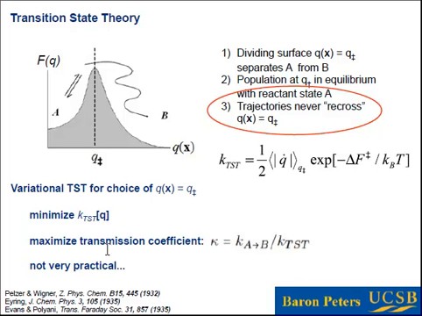The problem is that this is not a very practical approach, right? It takes a lot of work to compute transmission coefficients. It also takes a lot of work, if you're not just doing harmonic transition state theory, to compute these transition state theory rate constants. You have to compute free energy surfaces, averages to compute prefactors, and all of those things. So this can be a pretty taxing job.